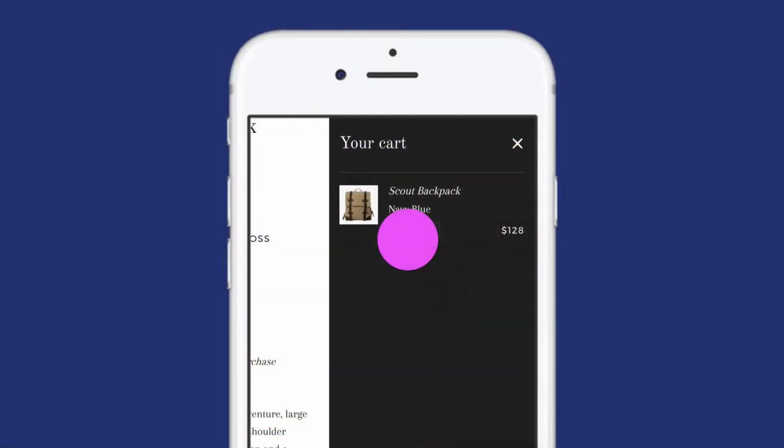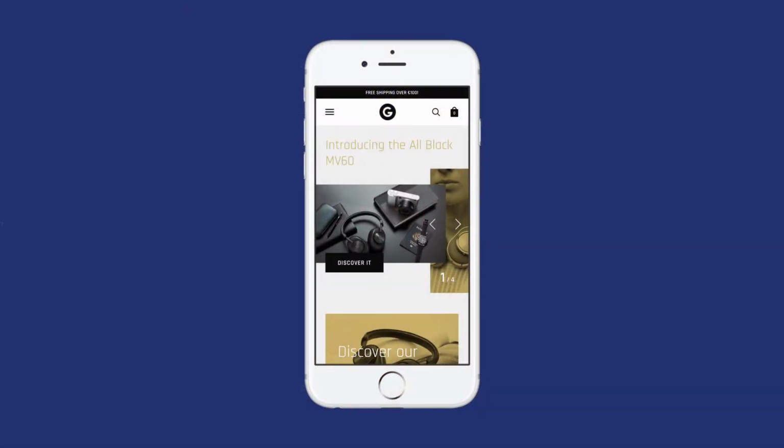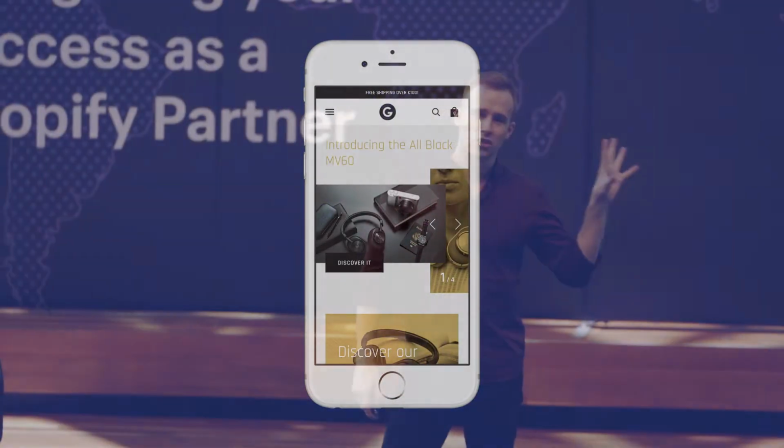And that's not to say that we always do it perfectly. This is a screenshot from Brooklyn. It was designed and developed 2 years ago, and it remains a very popular theme in our theme store. But what's going on here is what happens when you take a direct translation from the desktop to the mobile experience. If I were to use this in my hand and use my thumb to interact with the cart,